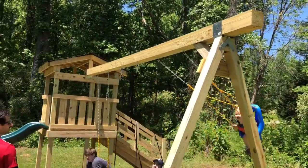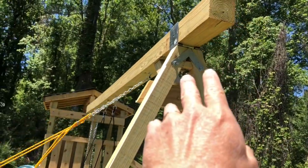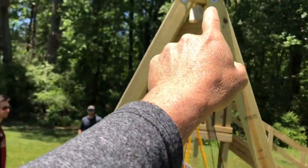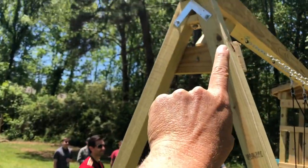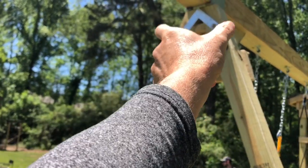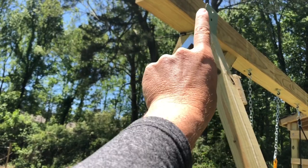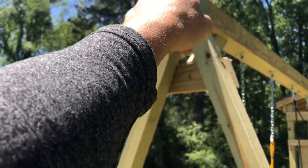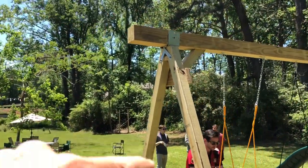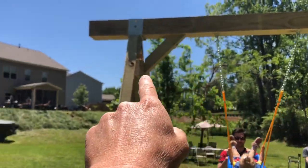All right, so on this beam here, you can see we got the A-frame in here. This is different. We didn't order the kit, so we went and got our own design here. What we did is a 12-inch bolt up through the brace. We attached the two A-frame 4x4s and put a 12-inch bolt up through with a metal angle. You can find these pieces at Home Depot, and then bolt the top of it. That's what we did at this end, and we put a lateral kicker here, a 4x4, and